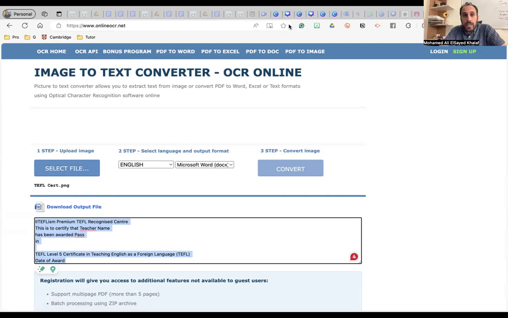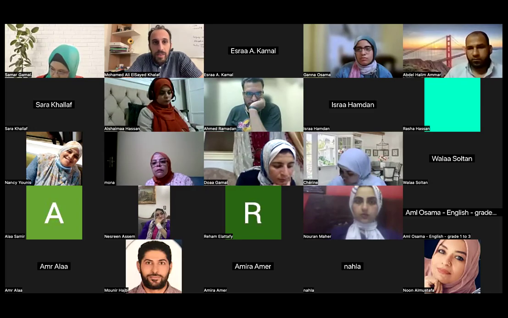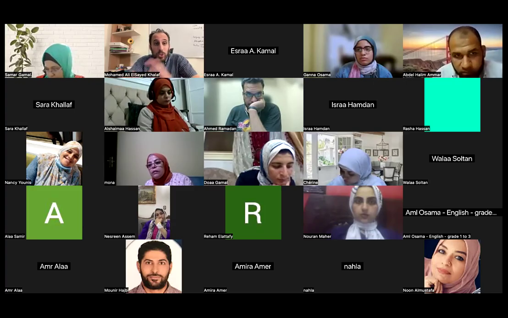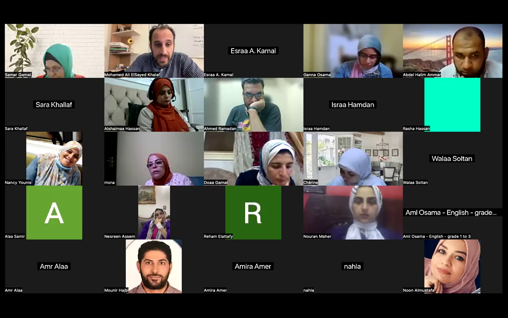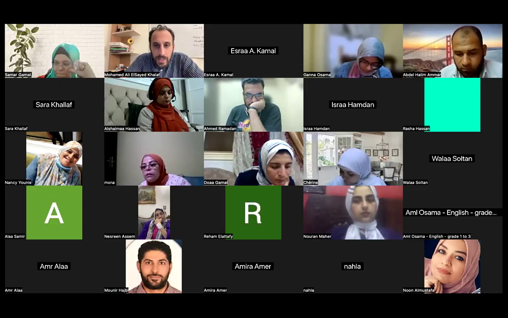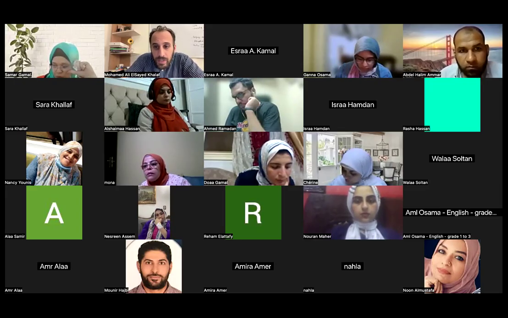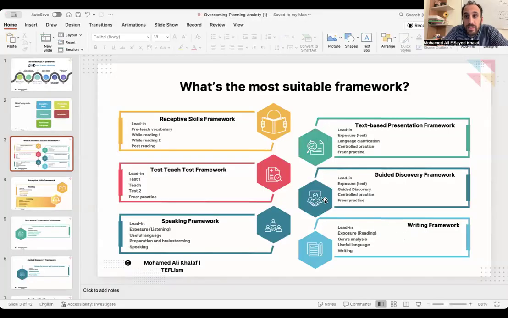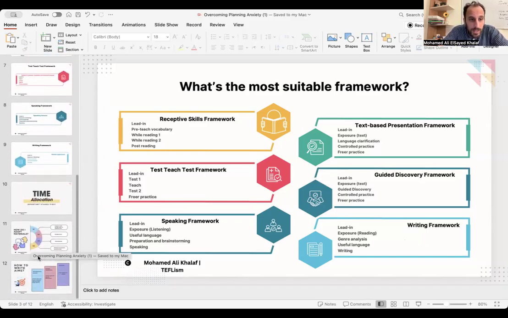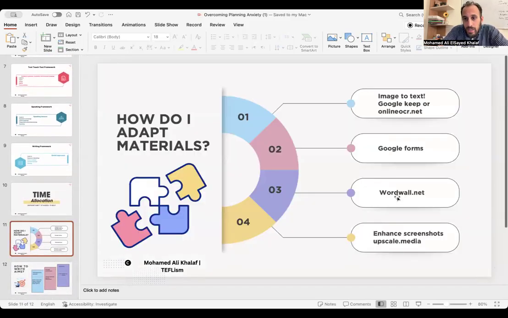This is important. What if the book quality that you're using is not really great and the image is not clear? There is a website that helps with improving the quality. If you look here, upscale.media.